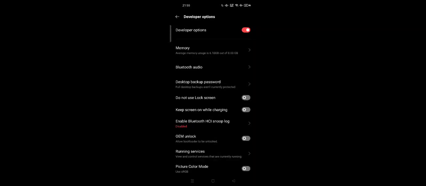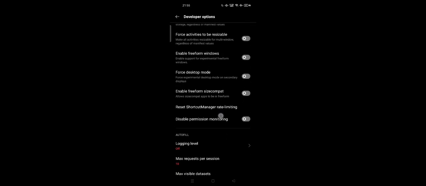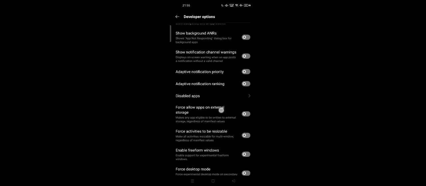Here you can tap Additional settings, and then you can tap Developer options, which is now accessible. You can scroll down and find Force allow apps on external storage. This one, Force allow apps on external storage, makes any app eligible to be written to external storage regardless of